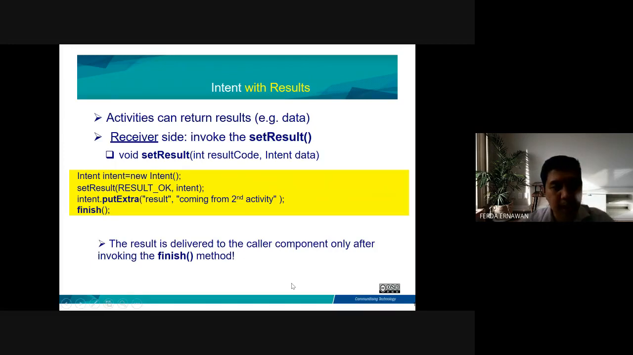Okay, this one: intent with the result. An activity can return the result, as a receiver side. You can call here setResult, and the result code, comma, intent. Intent dot putExtra result, coming from the second activity, and this is the variable, and you can call the function finish. So as a receiver side, we can send the data from the second activity